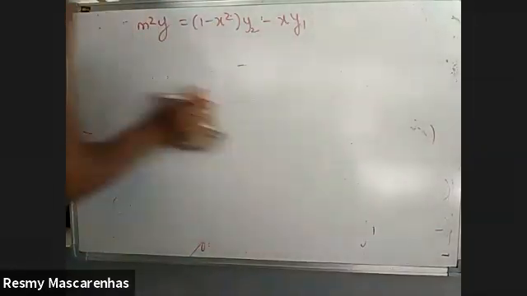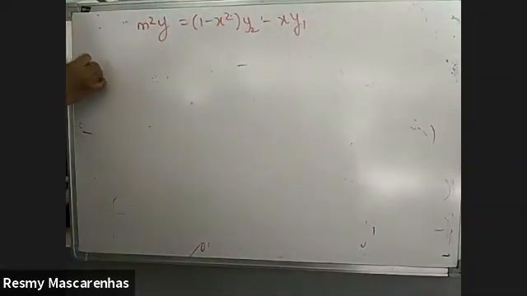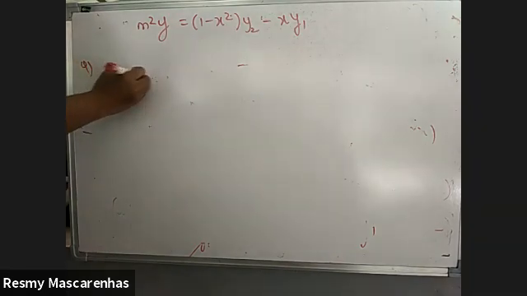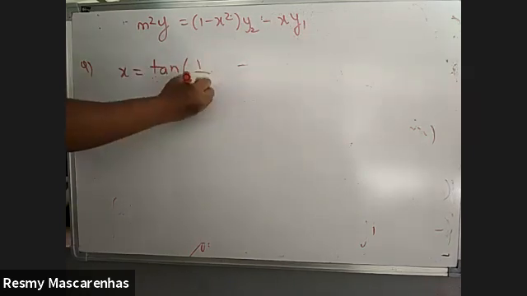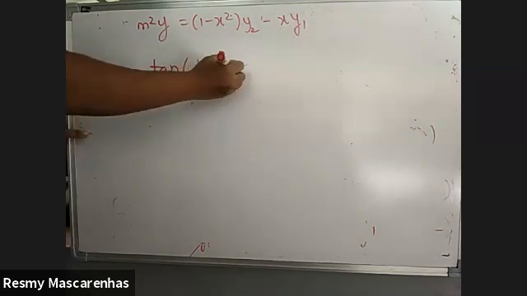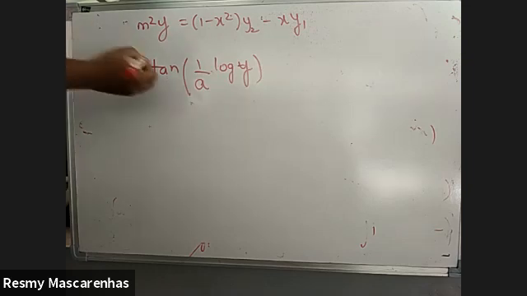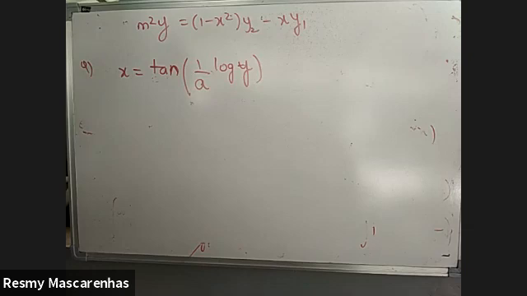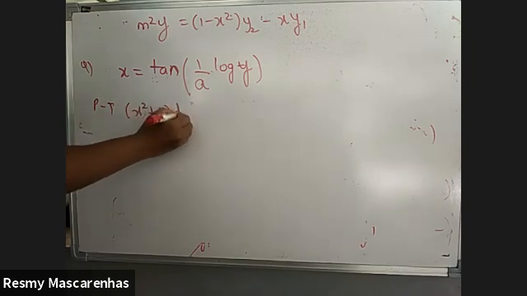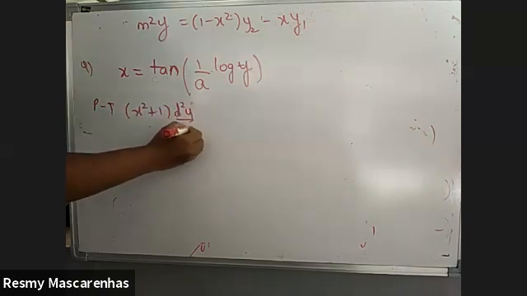The next question you can try. x is equal to tan of (1 upon a) log y. Prove that (x square plus 1) d square y upon dx square